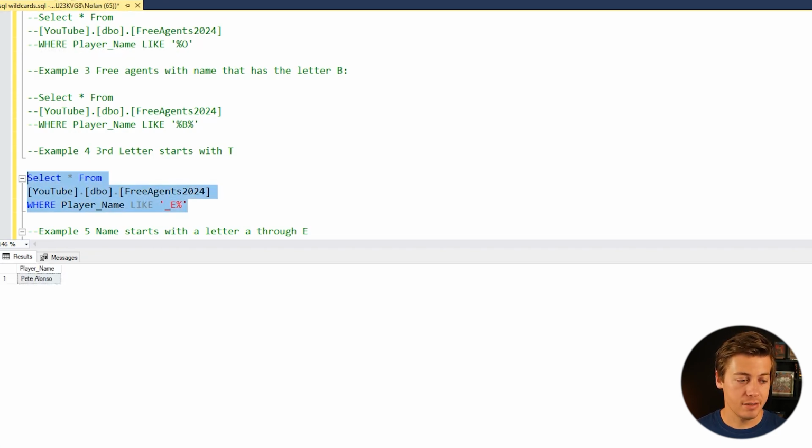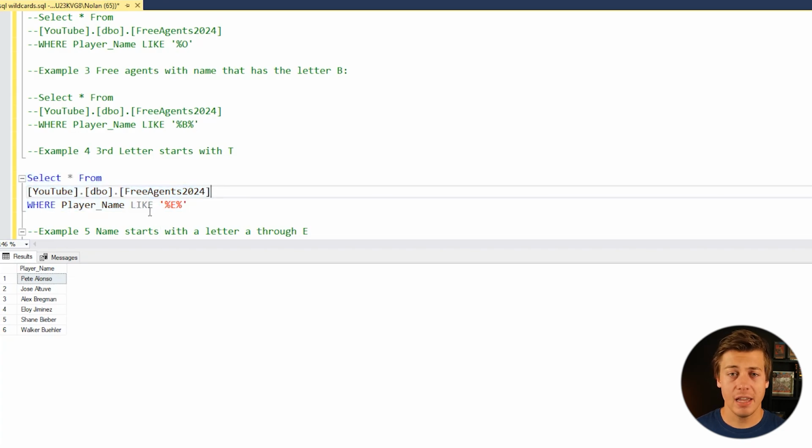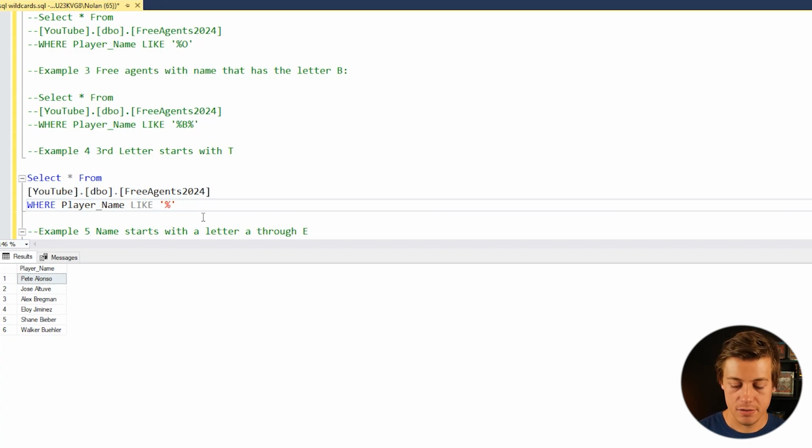And if we run that, Pete Alonso only shows up. But if we had the percentage signs on both, we'd have all of these players show up. So the underscores can get you a specific part of this player name. And I'm just going to go back and change this to where it should be. So underscore underscore T. And then I am going to comment this out and we're going to move on to